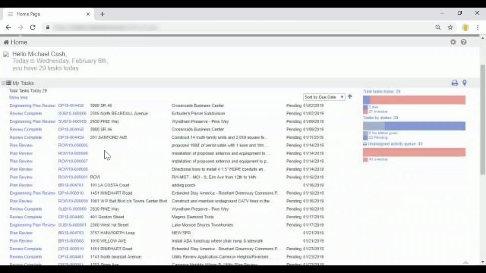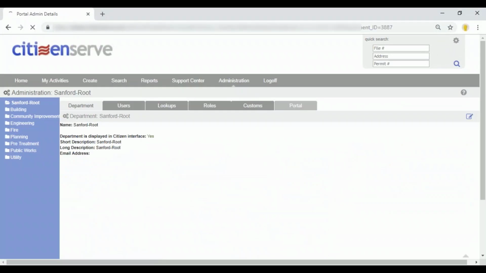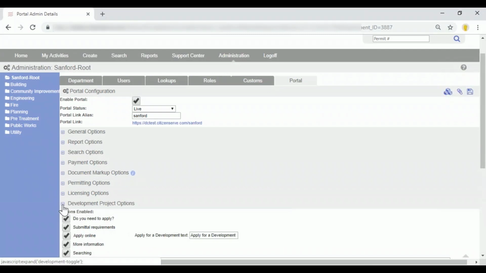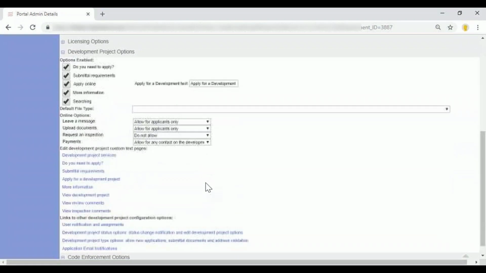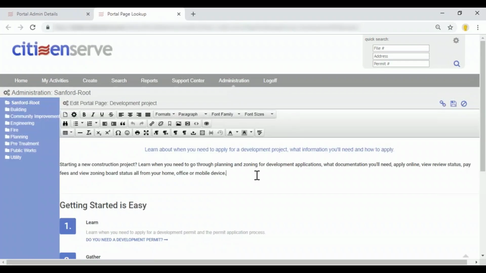So this is another user that I've logged in as, and they kind of have a different look and feel, but I've got access to the portal here. I can go to my development. You can control how the development projects work on the portal, right? And so you can change the pages. So if I wanted to change the development services page, I can click on this and I can make changes to the portal